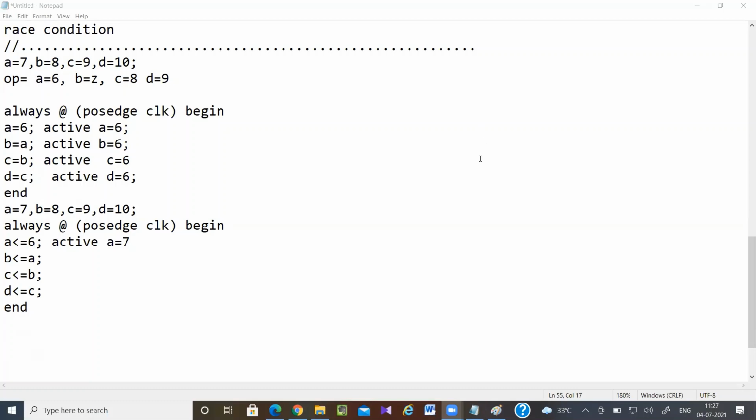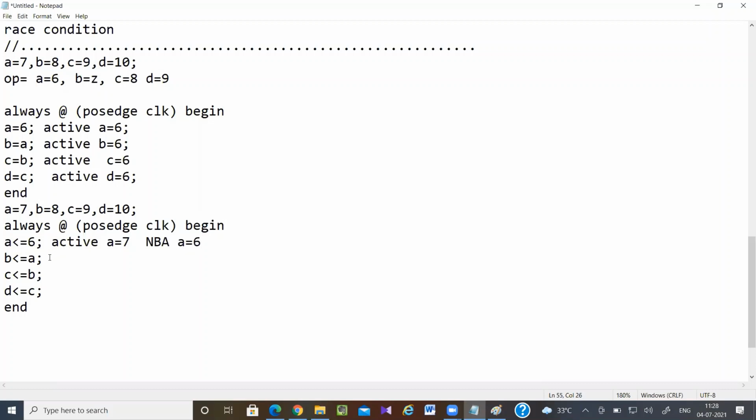Ranjan Singh Chauhan. Okay, you just tell me. Okay, in the active region, A value equal to 7. Yes, ma'am. Did you get why A value is equal to 7 in the active? Yes, ma'am. Because already it was present. Okay. Already initialized. Yes, ma'am. So now A value will be equal to 6. In which region? In the non-blocking region. Okay. So in the non-blocking region, A value equal to 6.